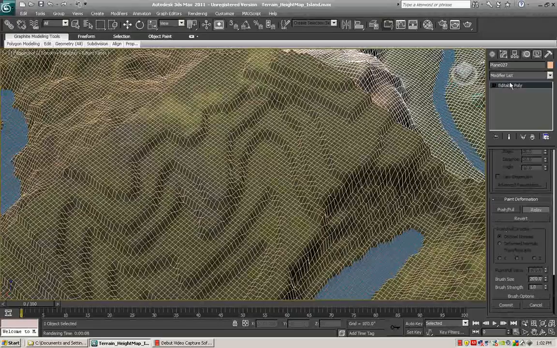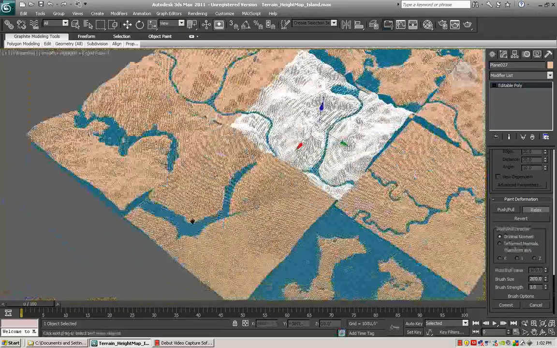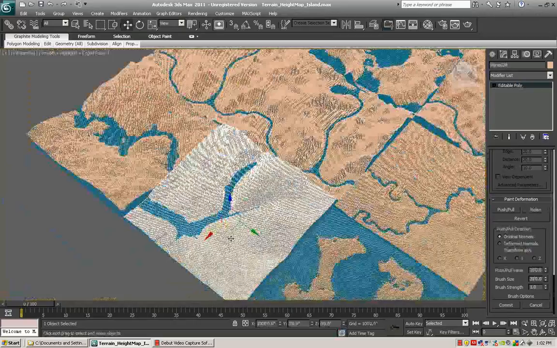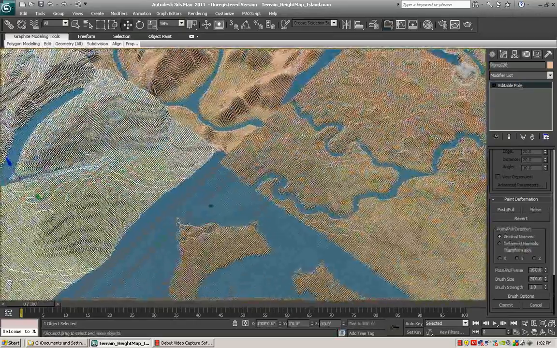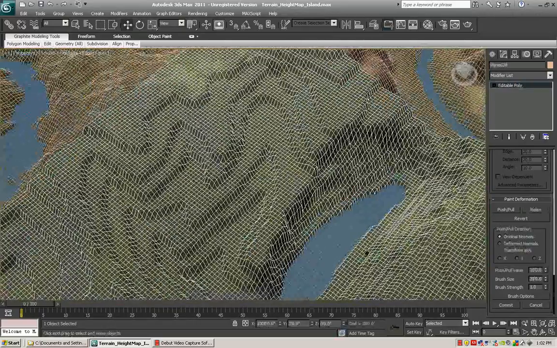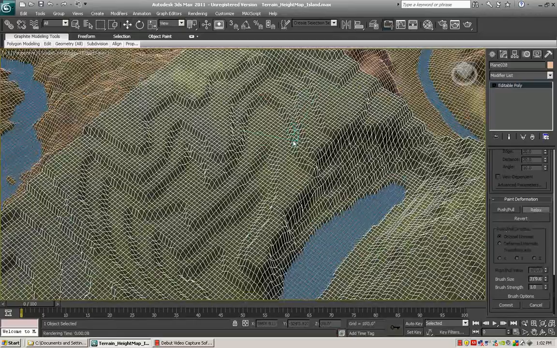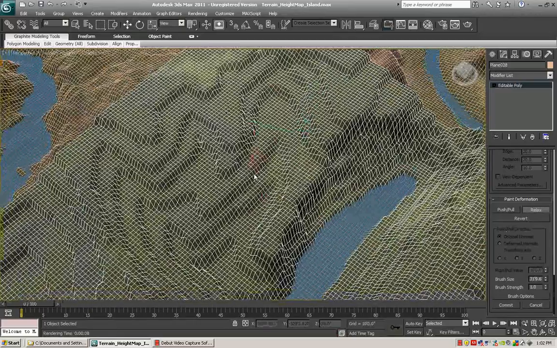terrain for your world. Alright, so what we're going to do, I can show you how to modify this one, is select on that one. You can see I put a number of different types in here, but we're going to go ahead and modify this one generally the same way. We're going to click on the Relax tool and get in here and erode away or relax these faces so that you get a much more natural looking